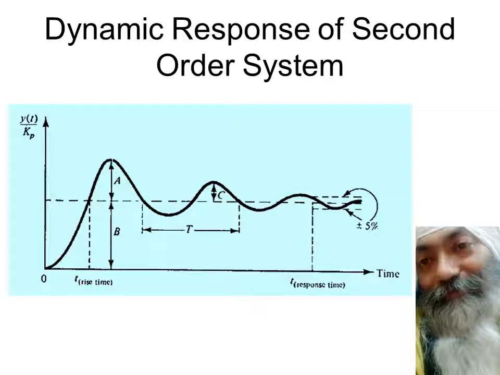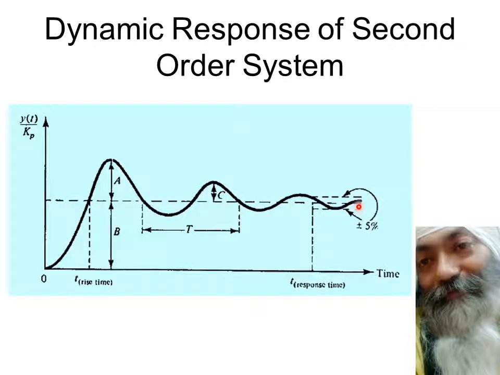And this is something very important. We have to keep a very keen eye on all these things, that of course it is sluggish in the beginning, and then it increases, and then it starts decreasing, but then as it decreases, it's going down, and then it's again going to move up, and it's going to go down, and it's going to move up, and ultimately it's going to settle down in this plus minus 5% of the steady state value. Ultimately it's going to settle down at the steady state value. This dotted line actually indicates the steady state value.